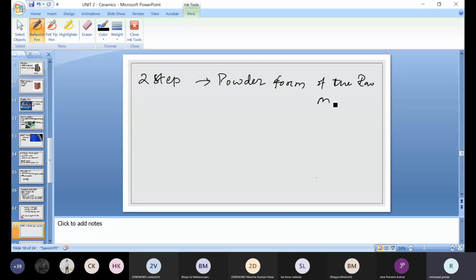So if I am taking the powder form of the raw material, we will take all the elements from the raw materials available to us, and we will grind or crush them to get this powder form. In the next process, we perform different types of processes, whose outcome will be your green